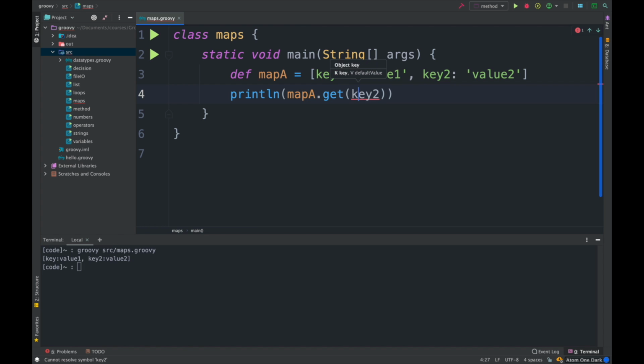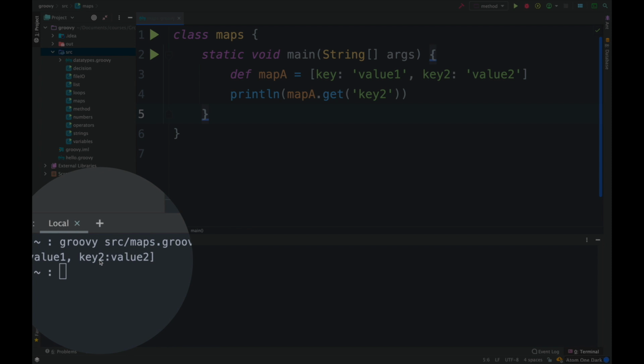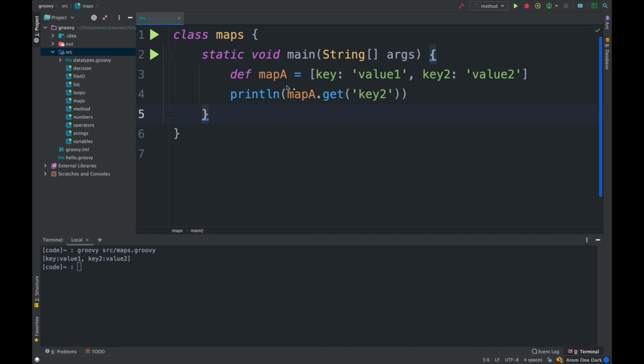That has to go as a string. Let's save the file, and now I'm expecting the console to just show the key2 value, because here I'm saying, hey, go ahead and look up in mapA and find key2 for me. So let's run the code. We get the result value2, which is the value of the key2 key.